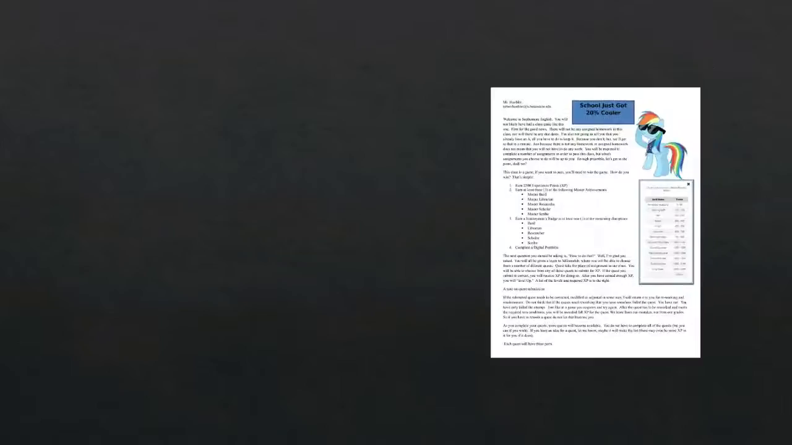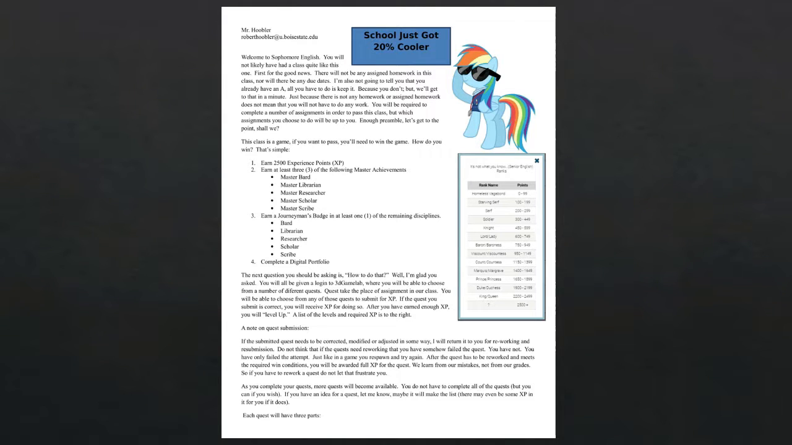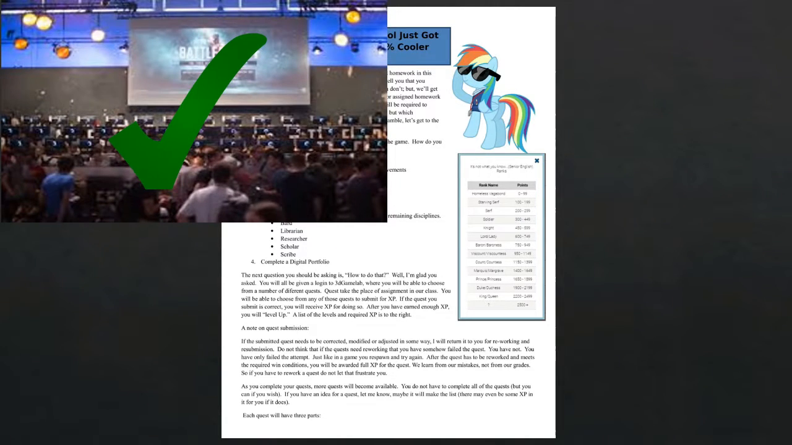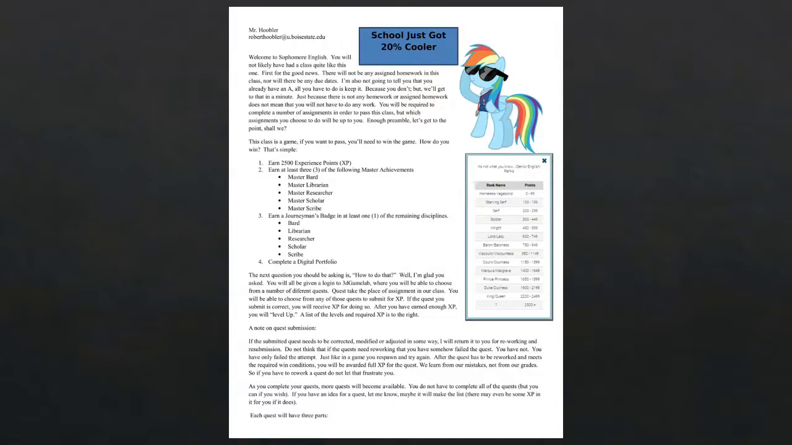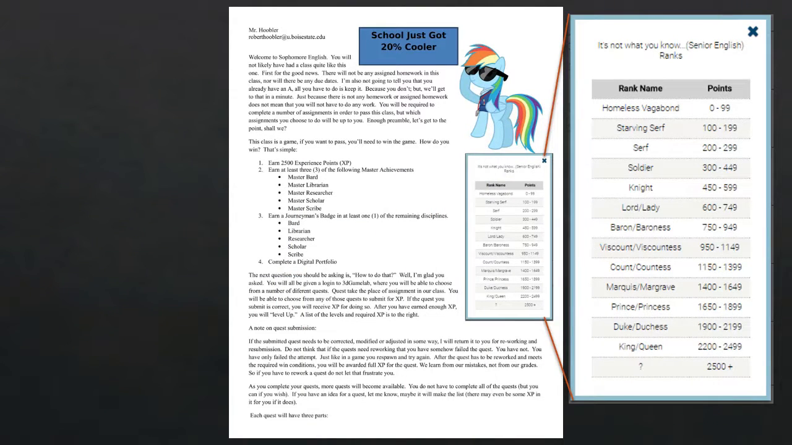Okay, this is my gamified syllabus for a high school English class. The idea behind this is that the class will function more like a game and less like a traditional school, where instead of points they get experience points, and as they earn those experience points they move up through levels. They start at homeless vagabond, and they quickly move through the ranks up through baron or baroness,